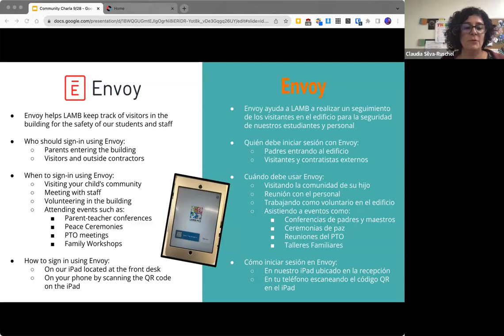The first way to do it is just using the iPad that is located at the school front desk at any time. Or you can also scan the QR code that is on the screen and use your phone. Once you do your profile, which is very short, it's a 1, 2, 3 process. You just put your name,